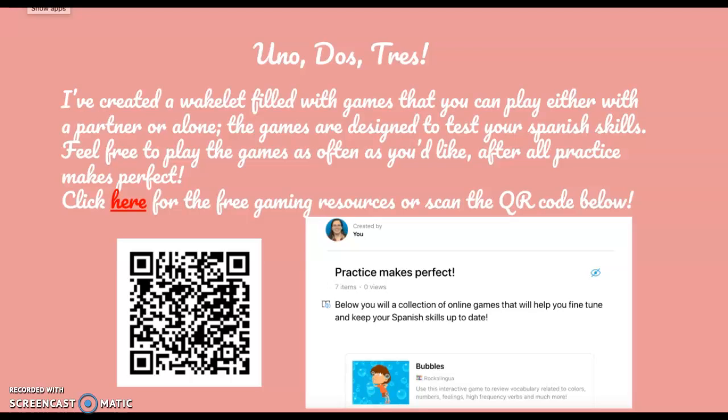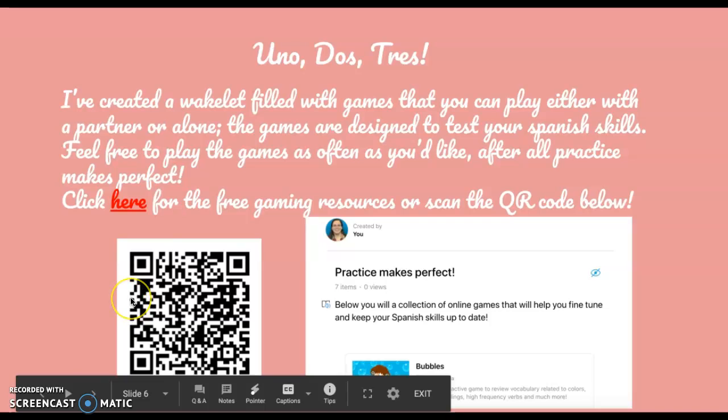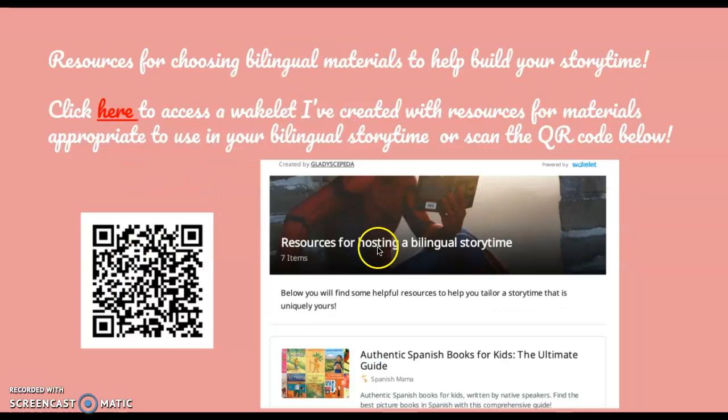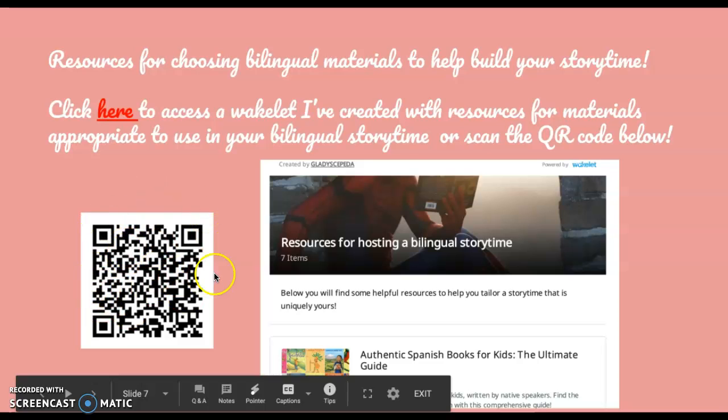For this presentation as well, I've created 3 separate Wakelets. To access each individual Wakelet, you would click here or scan the QR code. We have one Wakelet that is filled with games where you can practice your Spanish. We have a second one where you would click here or scan the QR code here as well, and those